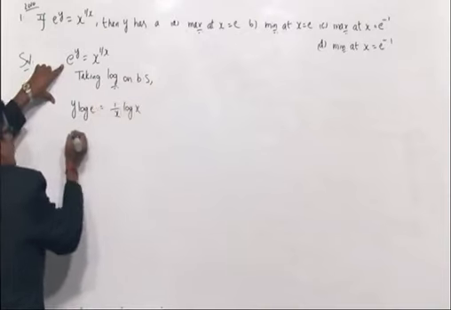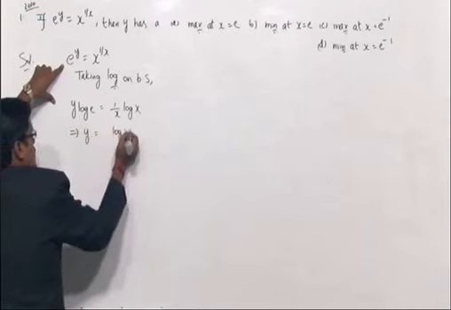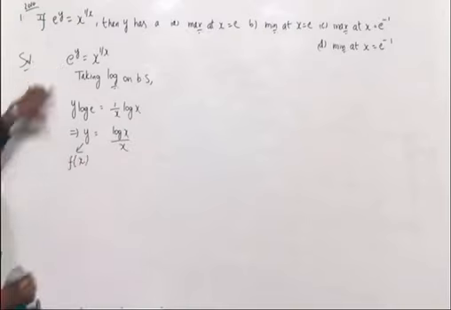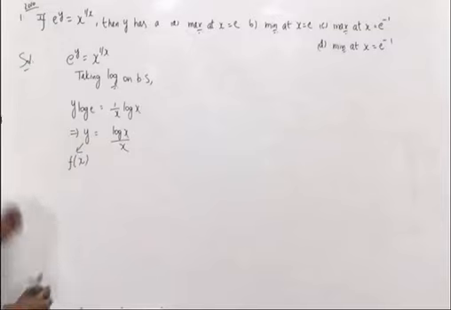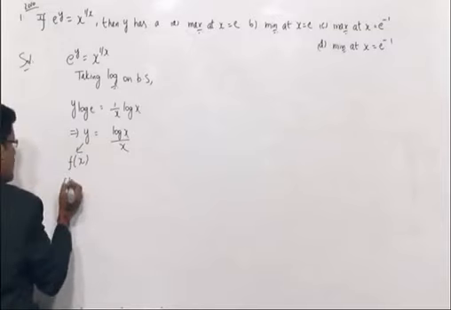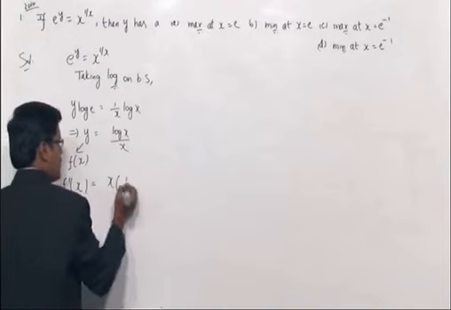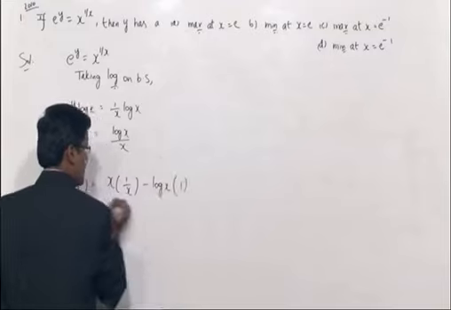By logarithm properties, log e to the base e is 1. So y = log x / x. Y is nothing but a function of the single variable x. Now this problem completely becomes one in terms of the single variable x. So what is the procedure? f'(x), using the u by v rule, the quotient rule: x into the derivative of log x, 1/x, minus log x into the derivative of x with respect to x, 1, divided by